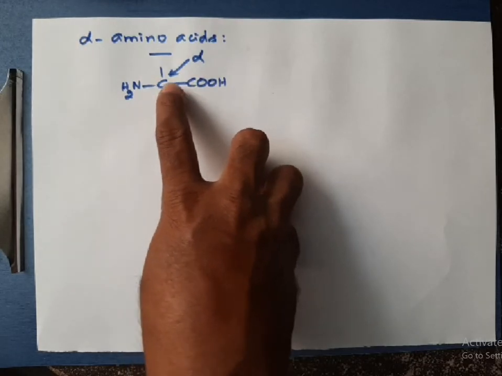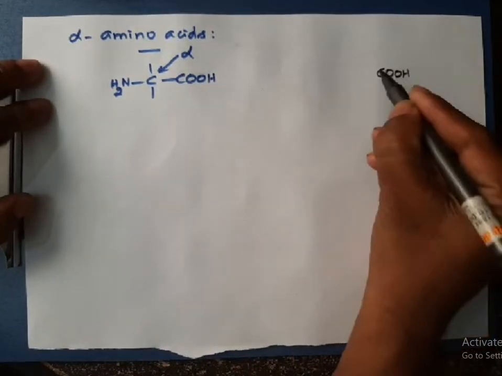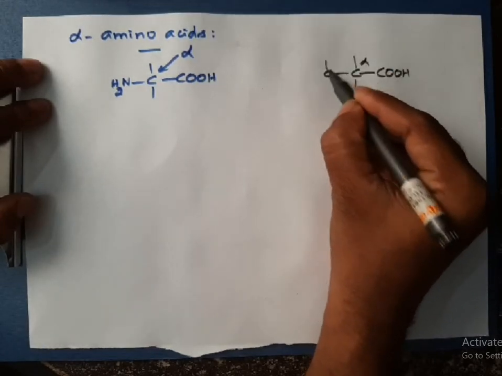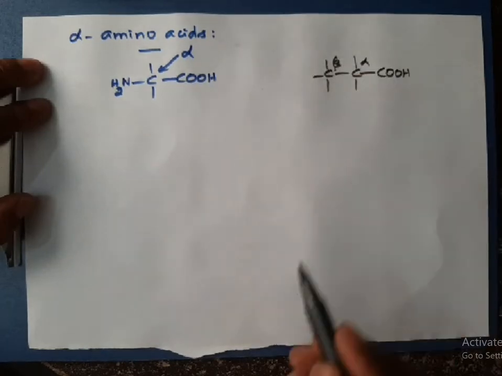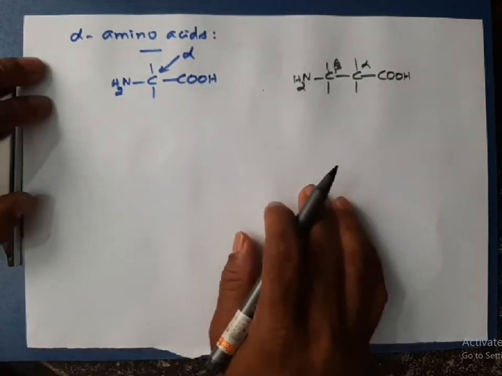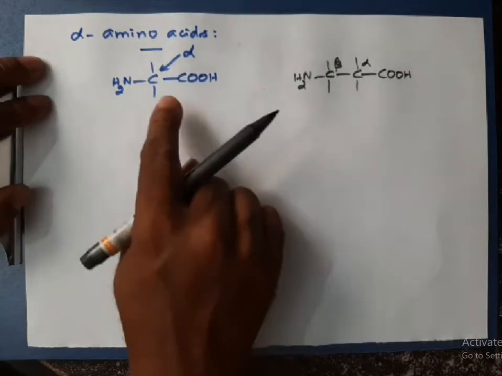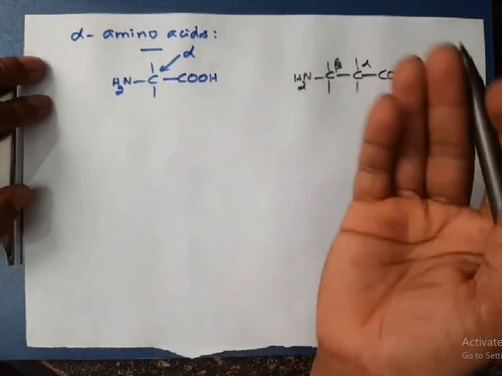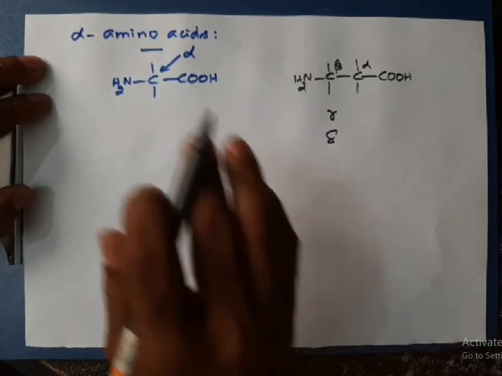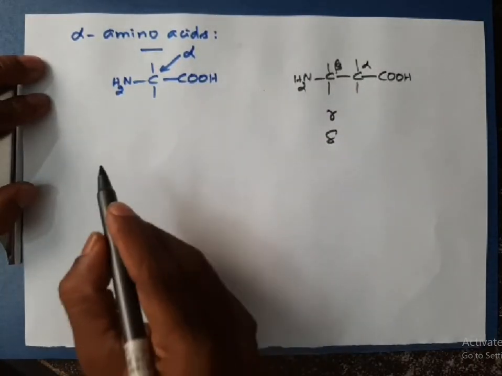We also have beta amino acids. Let me write here, just for comparison purposes. Carboxylic acid attached to a carbon. This is the alpha carbon. The next carbon is called the beta carbon. If the amino group is attached here, we call this amino acid a beta amino acid. So we have alpha amino acid, beta amino acid, gamma amino acid, delta amino acid, etc. We have many varieties,